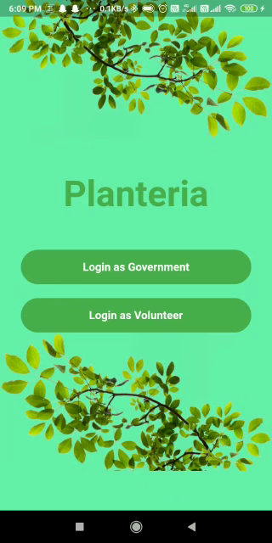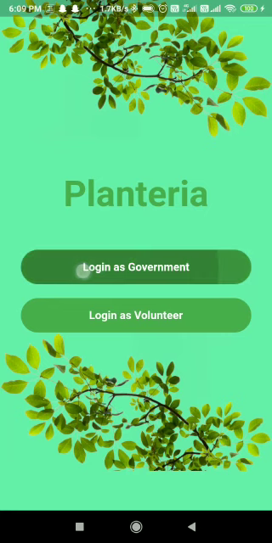The app traces the user's current location and inspects it against the location coordinates of the plants. Then the app will increment the count of saplings successfully planted. With this, we can assure that plants are planted and save our planet together. So now I'm going to show you the demonstration of how this is going to be done.